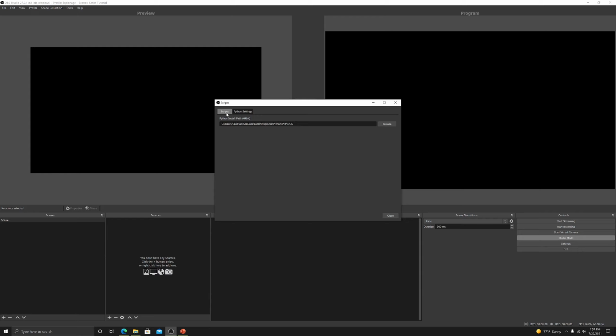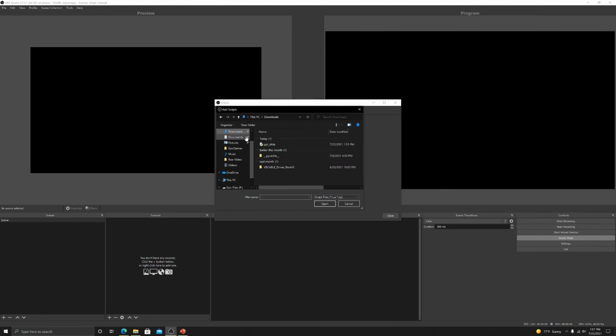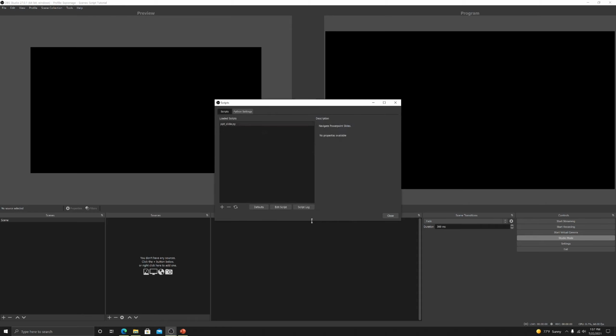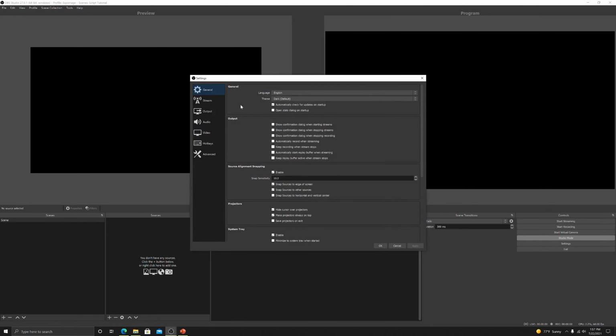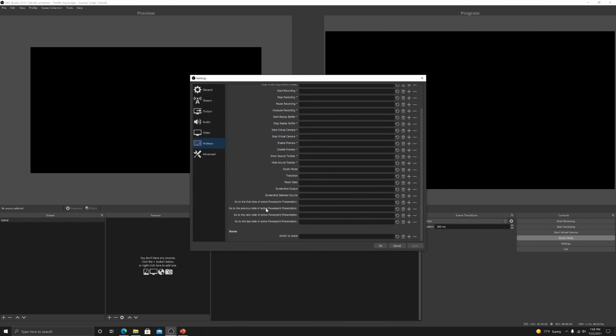And then once you have that, you'll just go over to scripts, and then you can click this plus icon and it'll just locate where that script is, which would be the downloads folder. Open up that script. So I'm going to close out of this and go into my settings, hotkeys, and then you should see at the bottom of your hotkeys this set of PowerPoint presentation keys. And all you're going to do is, as it says on here, go to the first slide, go previous slide, go next slide. You can just click on it and click what key you want to be that hotkey and